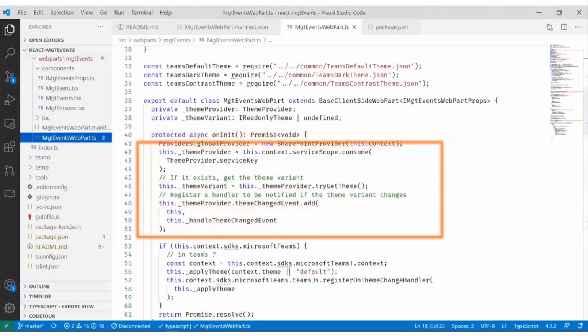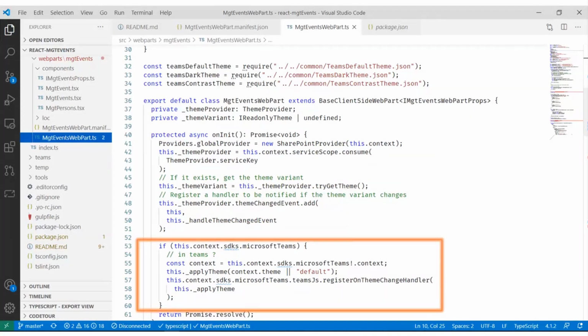Now, because we want to make the web part aware of themes, we use the theme provider, and we use the theme variant to try to get the current theme. And if there's an event where the theme changes, please let us know by calling the theme changed event.